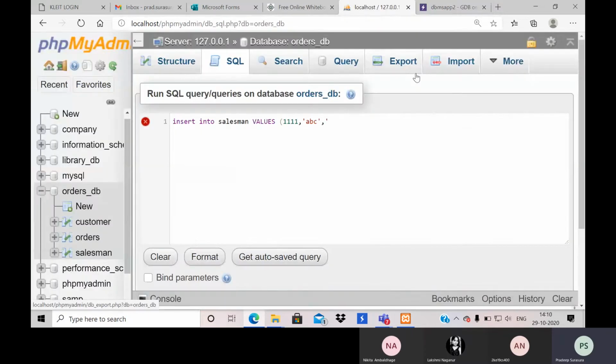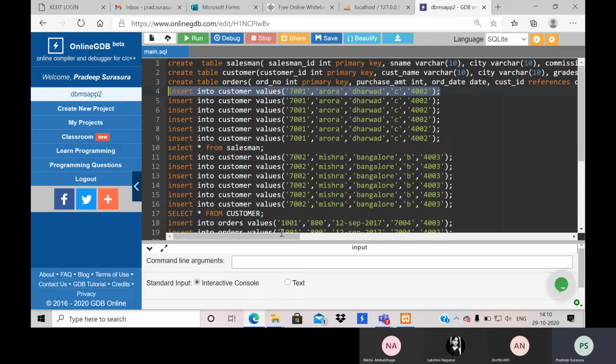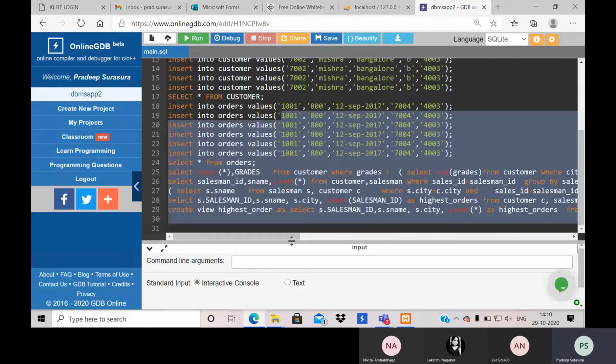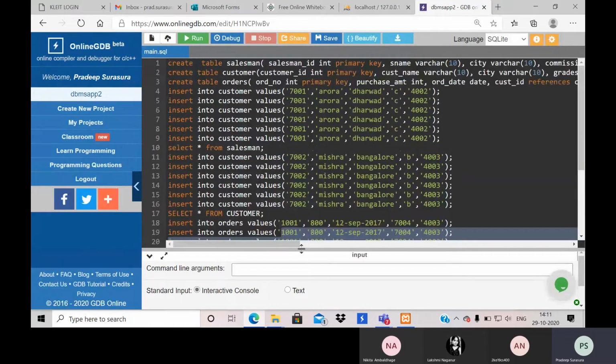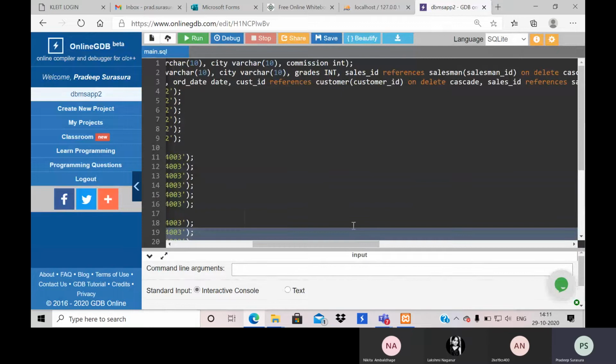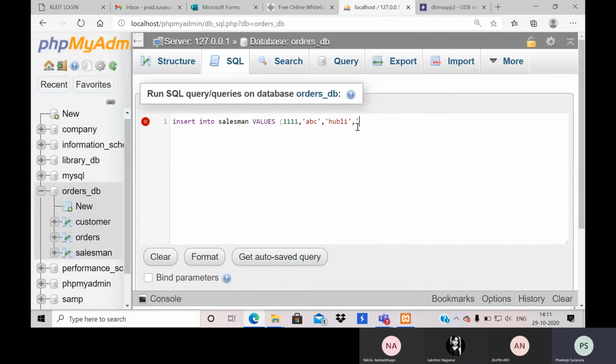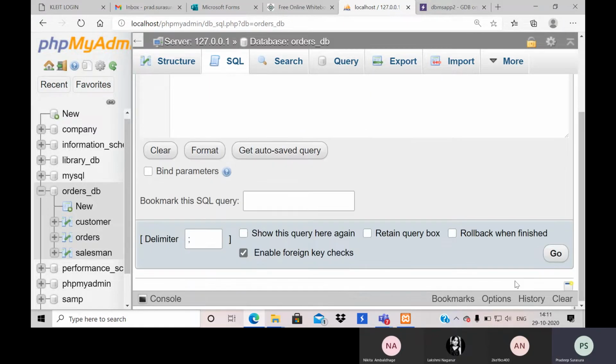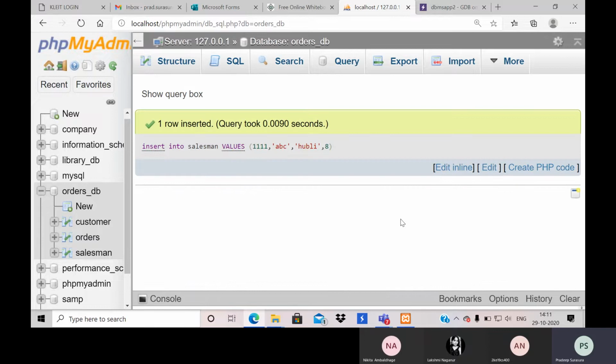Let me take one more attribute like this. And lastly, I have commission. Commission is integer, so let me take commission as say 8%. So when I run this, it successfully executes without any problem.